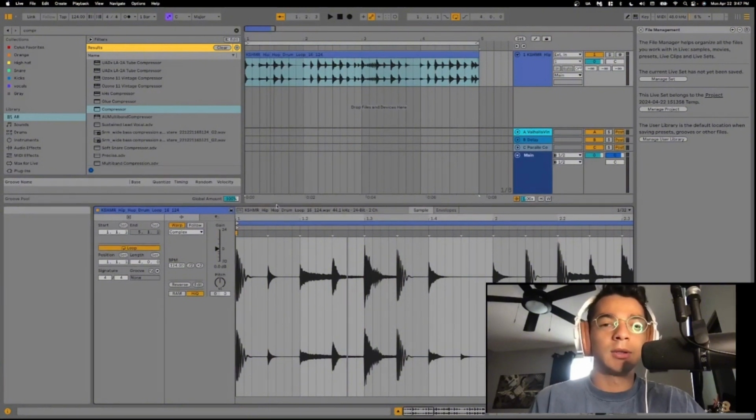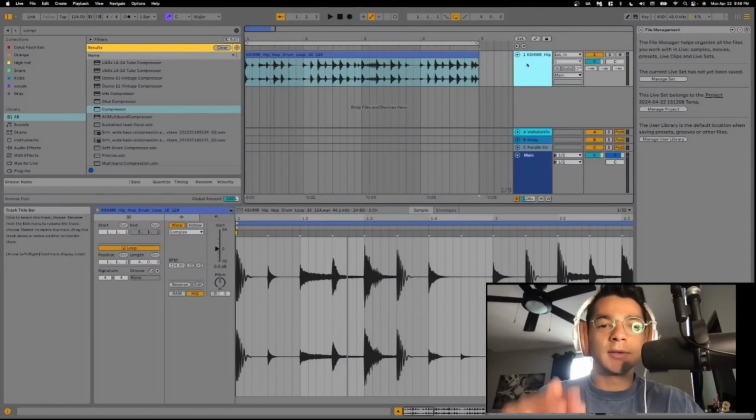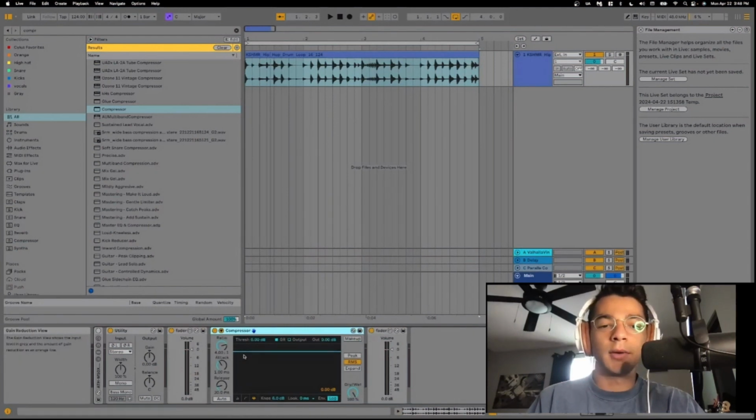And ultimately, when you just throw a compressor on to a track, it's going to make that track quieter. But what it's really doing is bringing these loud noises down and the quieter noises up. And that's why it's called a compressor, because it's quite literally compressing the audio signal. So there are a couple key things on the compressor that you should know how to use, and I'll just